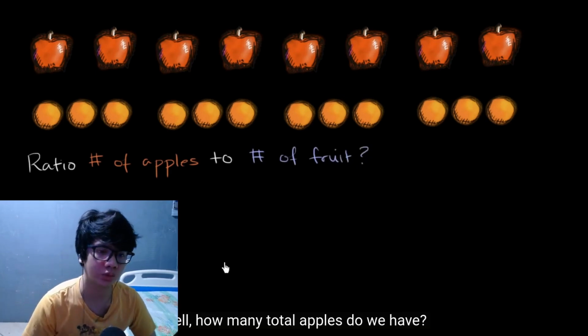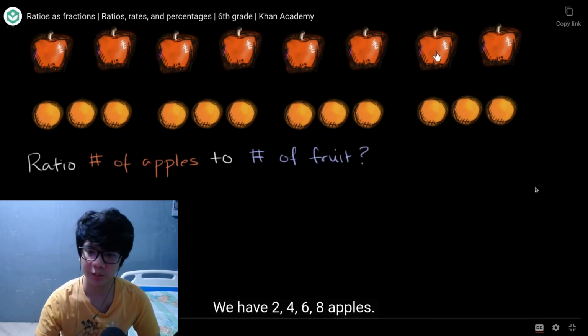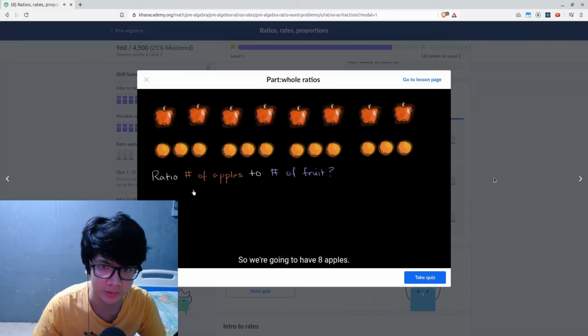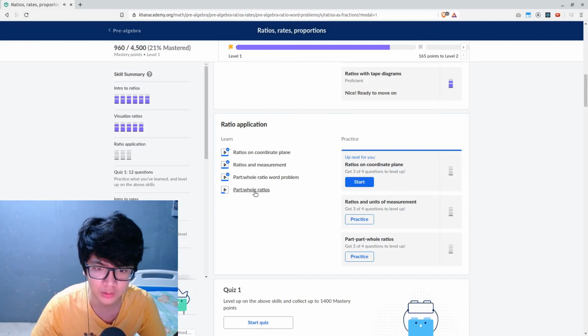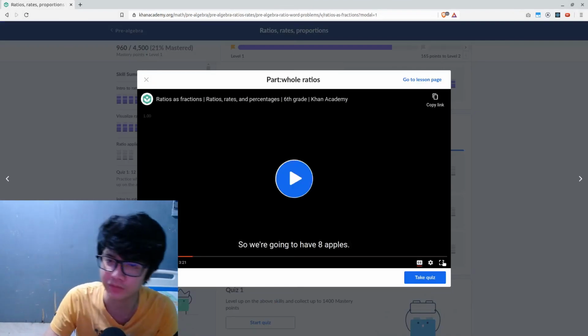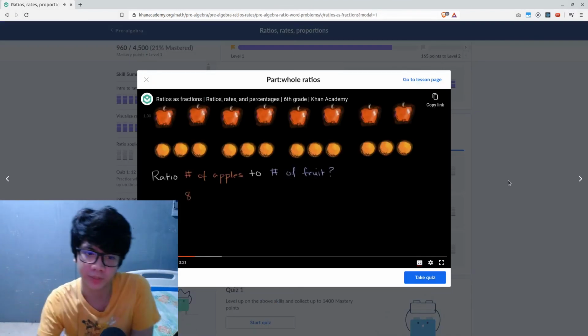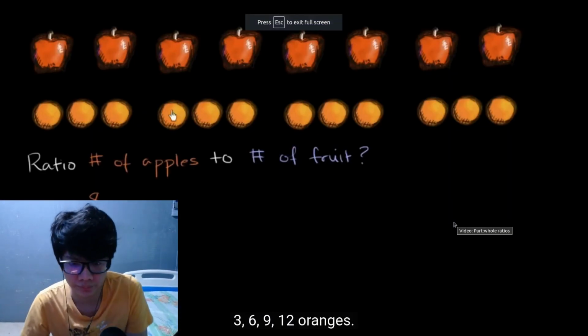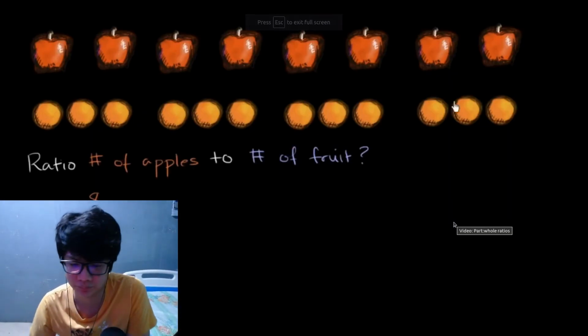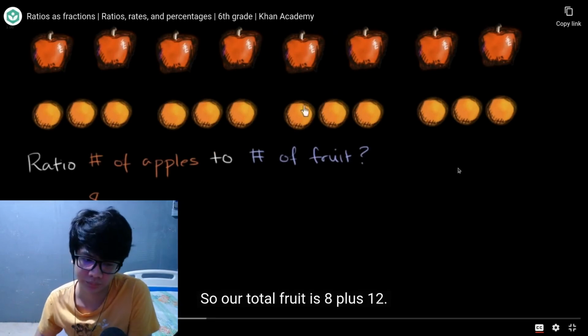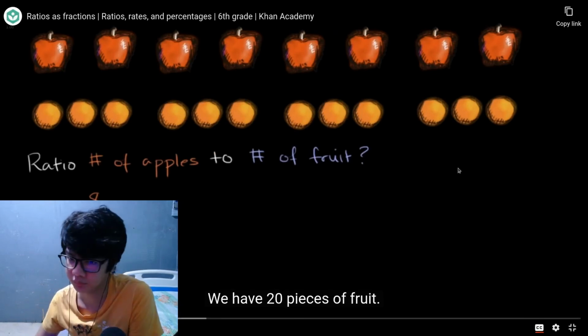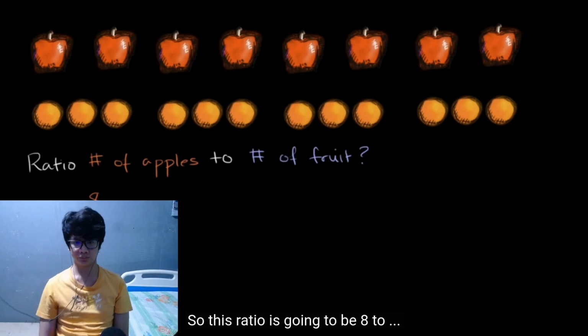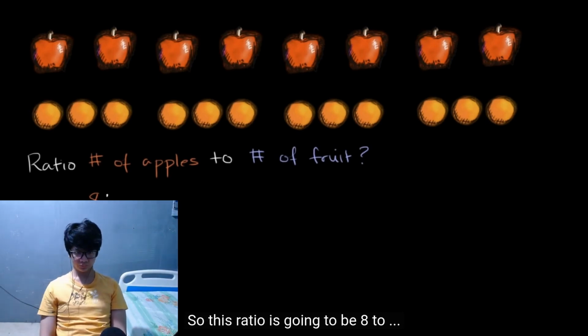Well, how many total apples do we have? We have 2, 4, 6, 8 apples. And then how much total fruit do we have? Well, we have 8 apples, and we have 3, 6, 9, 12 oranges. So our total fruit is 8 plus 12. We have 20 pieces of fruit. So this ratio is going to be 8 to